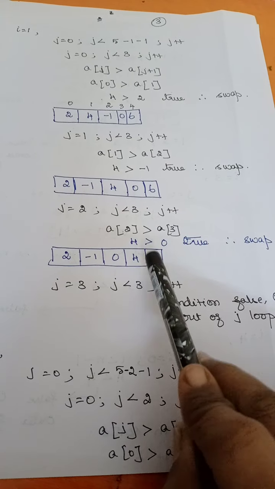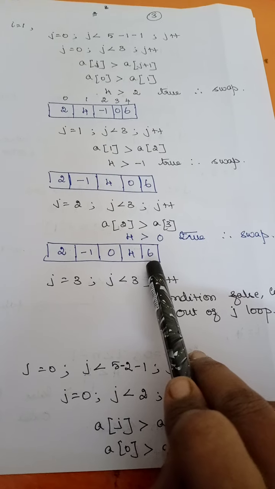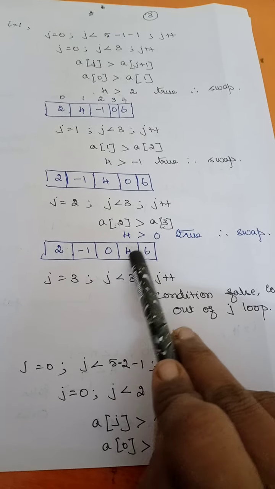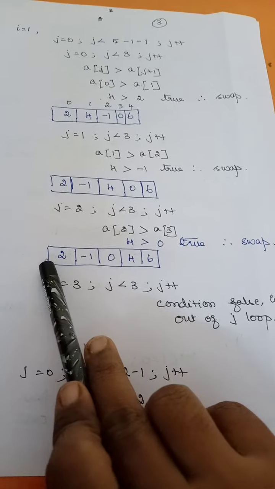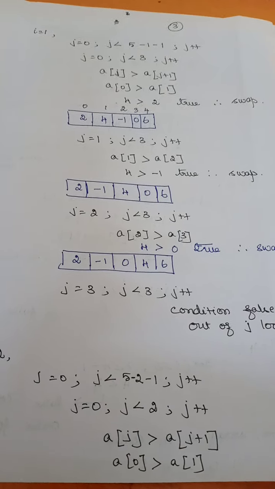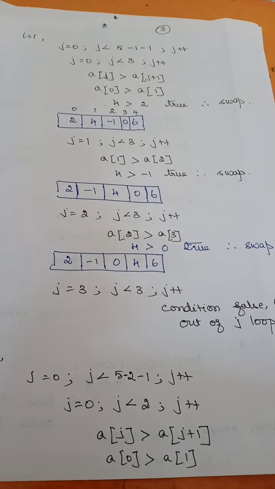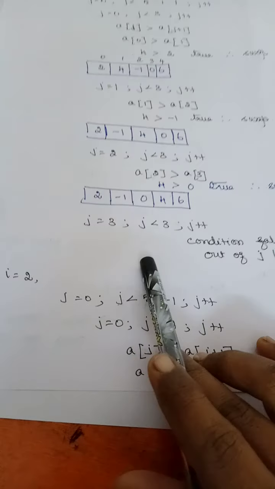Now when you check here, the 4 is being placed in the correct position. So the last two elements, the largest elements, are being placed at the end of the array. This is the beginning of the array, this is the end of the array. So the heavy element comes to the bottom and the light elements come to the top. That is why you are going to call this a bubble sort.